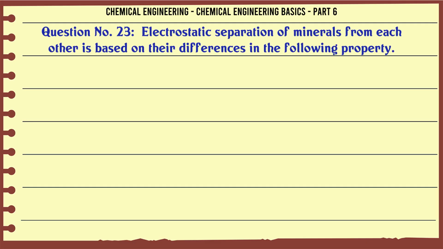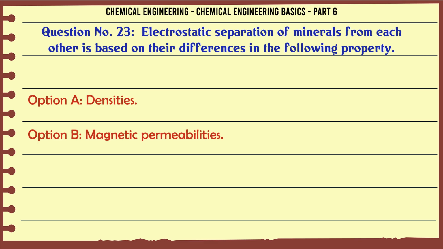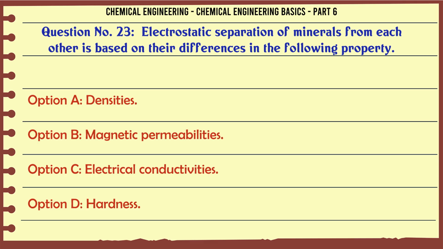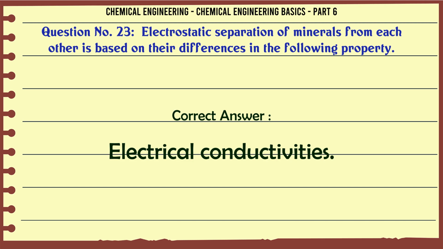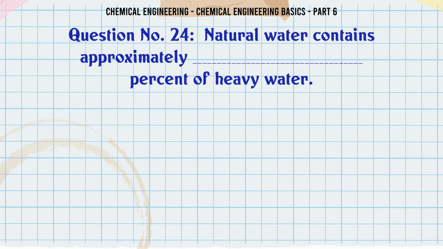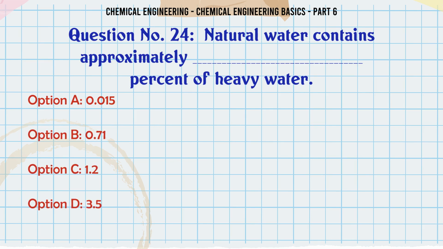Electrostatic separation of minerals from each other is based on their differences in the following property. A. Densities. B. Magnetic permeabilities. C. Electrical conductivities. D. Hardness. The correct answer is electrical conductivities. Natural water contains approximately % of heavy water. A. 0.015. B. 0.71. C. 1.2. D. 3.5. The correct answer is